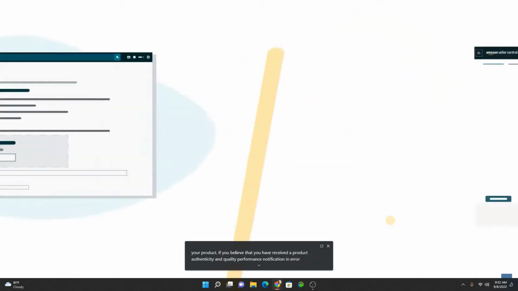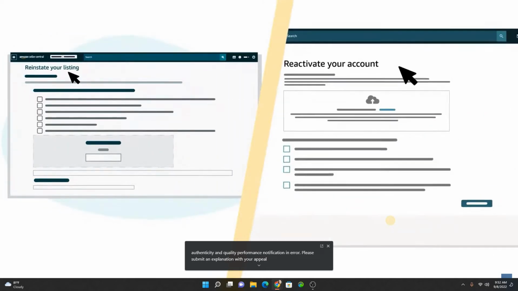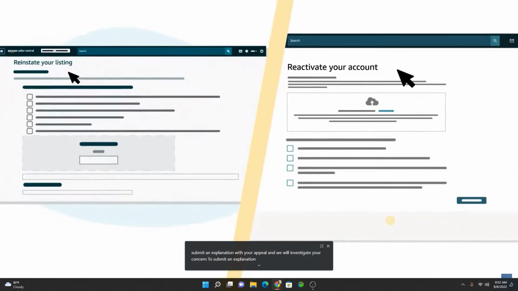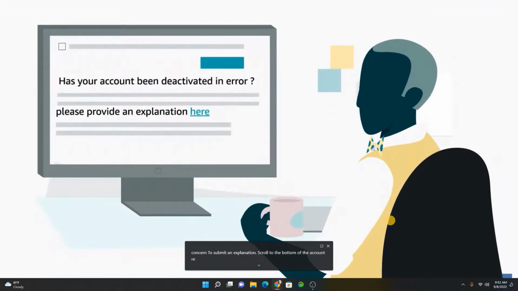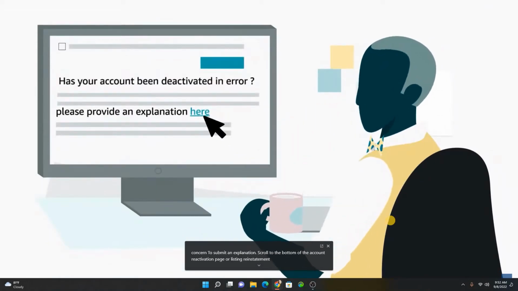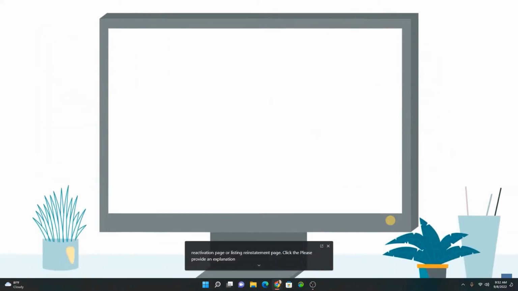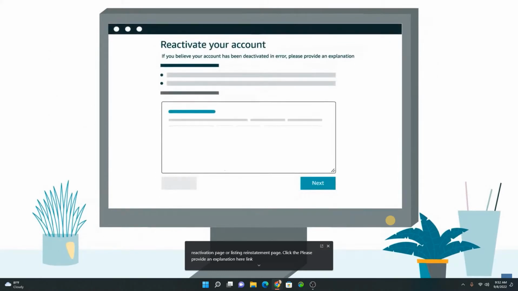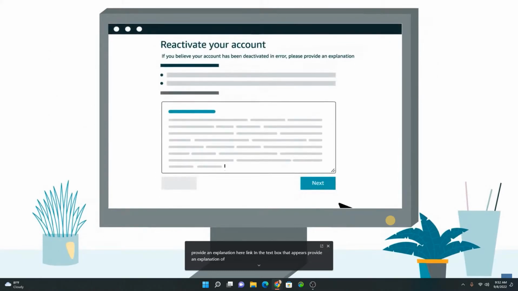To submit an explanation, scroll to the bottom of the account reactivation page or listing reinstatement page. Click the Please Provide an Explanation Here link. In the text box that appears, provide an explanation of why your account or listing should not be deactivated and